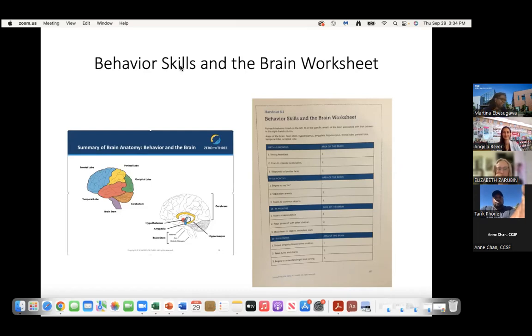Okay, the last one we'll do together, this is a good one: shows empathy towards other children. A 36 to 60-month-old shows empathy towards other children. What area of the brain are they using? Temporal and frontal? Yes, exactly. Very good. So they're using the temporal lobe as well as the occipital lobe and the parietal lobes.